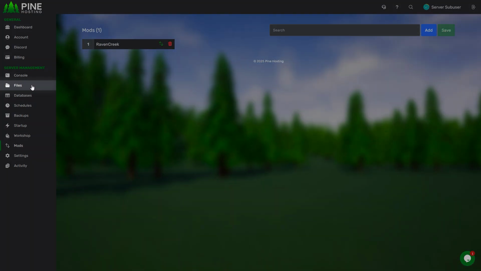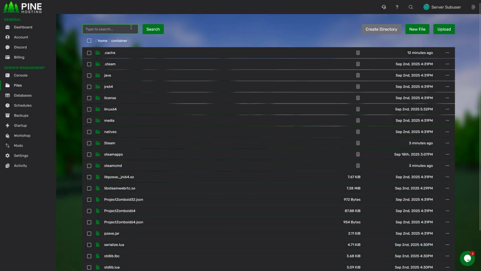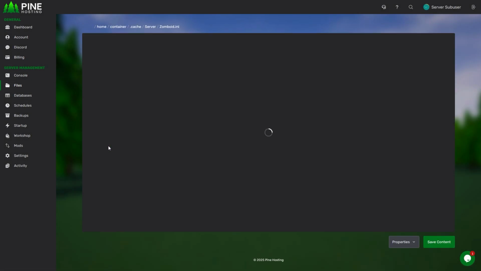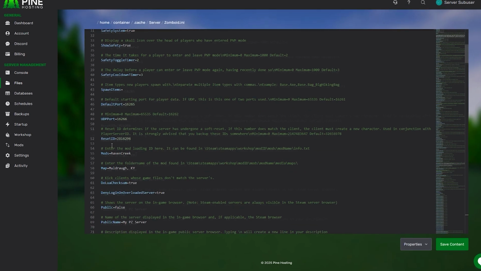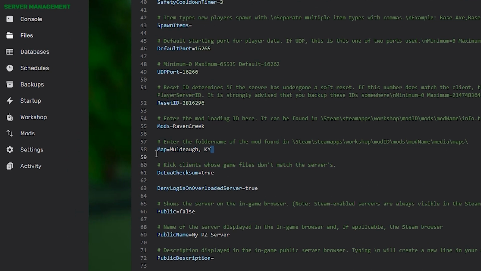Then you'll need to head over to your files tab and using the search bar, look for the Zomboid.ini file. Now click on it and inside you'll find the line where it mentions the map. This is what we're looking for. Now this is the default map, you shouldn't remove this or delete this in any way, but we're gonna add